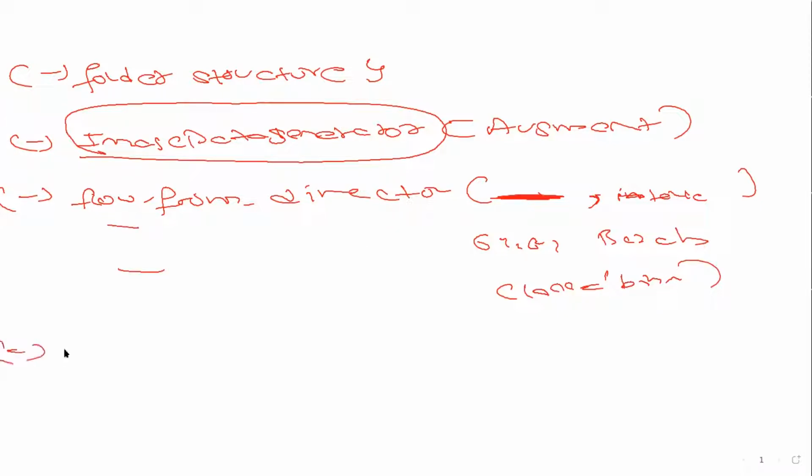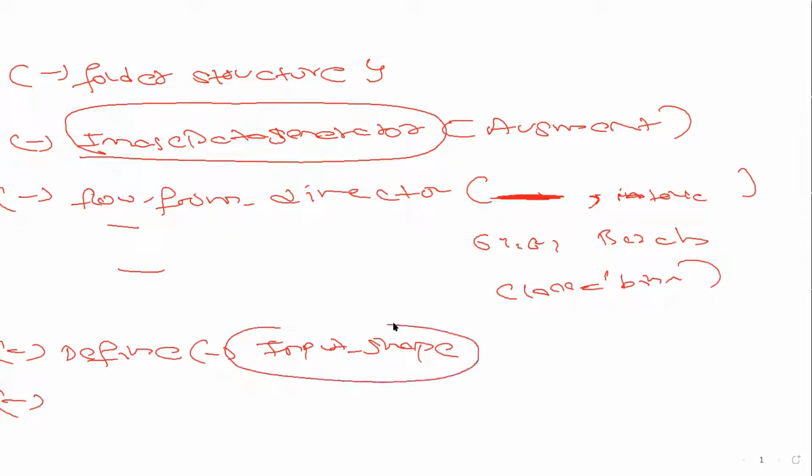Then you have to define the architecture. In defining the architecture, what is the important thing that you have seen today? You have to give the input shape also. Have you noticed that? In the older version, we didn't have this input shape functionality. Because we are saving, the .h5 format needs it. So when you save, it requires the input size. That's why we have to put it.